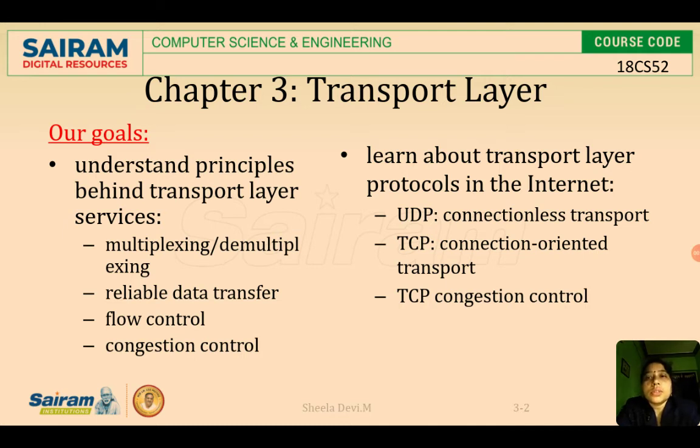So as all of us know, the main responsibility of the transport layer is multiplexing and demultiplexing, and the second one is reliable data transfer, third one is flow control, and the last one is congestion control. These are the prime responsibilities of the transport layer, and it is situated at